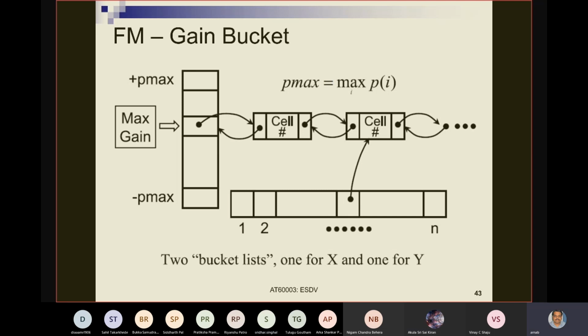Yes. So firstly, let us understand that this data structure will be there for both partition X and partition Y. Now let us consider partition X separately. What will be there at a given time instant? It has a set of tasks, and for each task you have a value of gain. That means at this point in time, if this task is moved to the other side, it will give you that gain, right? So understand that at each instant of time, each task has an associated gain.